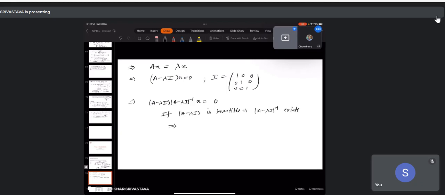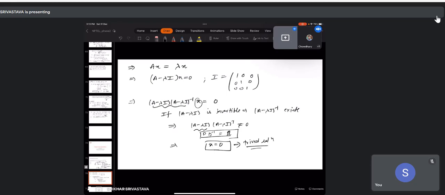In that case, your quantity (A minus lambda I) times (A minus lambda I) inverse is not equal to 0. It is some value. For example, if you just consider it some D, then it will be D inverse, and you know that this is some identity matrix. So it is not equal to 0, so only X is left. So X is equal to 0. So when A minus lambda I is invertible, only X is 0, which is called the trivial solution,